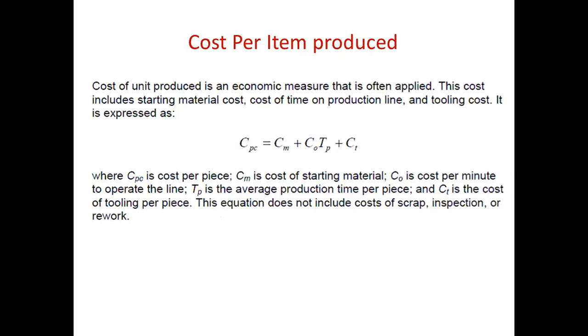So these costs are not included in this equation, and there may be some inspection cost also, because during the inspection the system will take some time, and sometimes there may be a rework. For example, as I told you, there may be some burr or some rough edges which need to be removed from the workpiece, right? So there are some fine operations also whose time is not included in this case, and their cost is also not included in the calculation of the cost per piece, right?